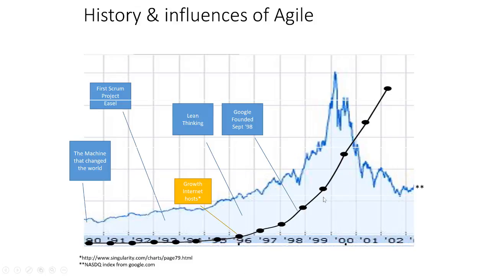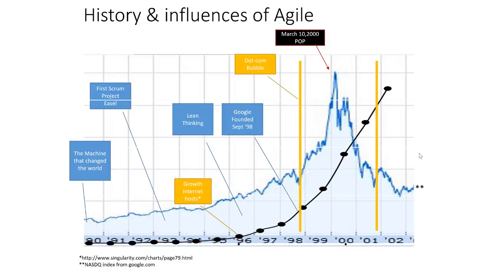If you're looking at the timeline here, it's hard to avoid the big peak right there, and the loud popping sound that happened on March 10th of 2000. Yeah, that was the internet or .com bubble, we called it, and that was the pop of the bubble. A really interesting piece of history to note is the Agile Manifesto that we go over in a different section. It's just dedicated to the manifesto. That was written right here in February of 2001.